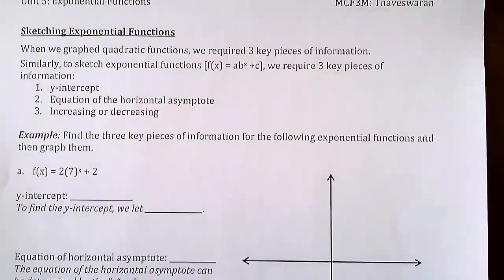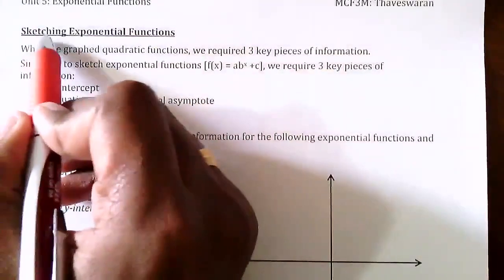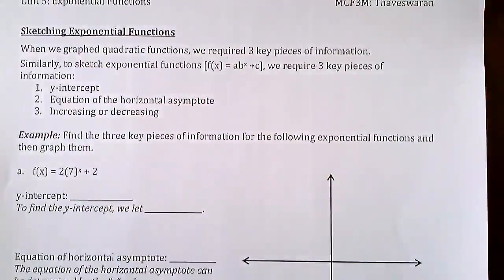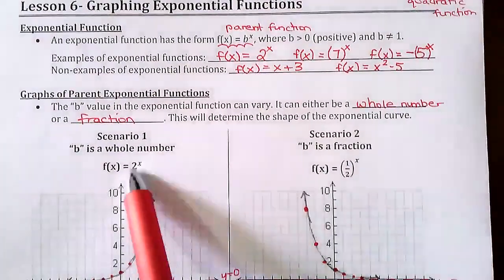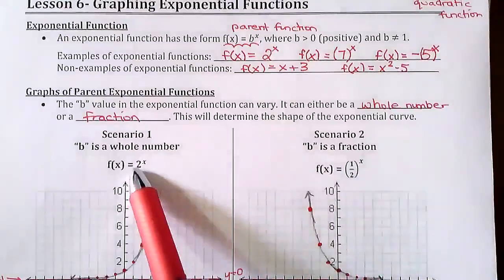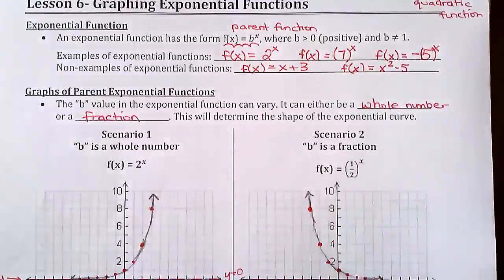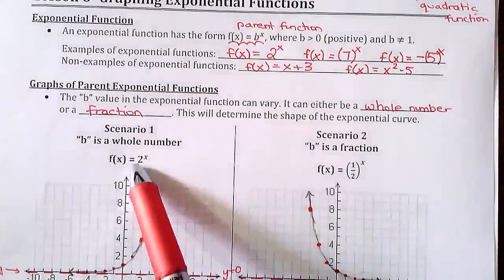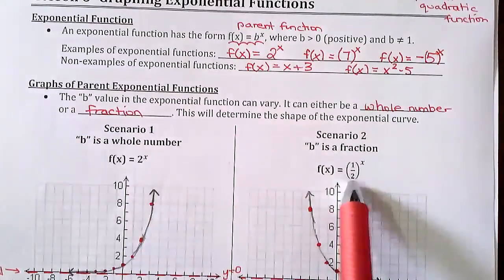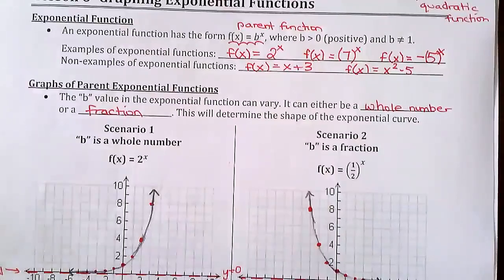With exponential functions, we actually make sketches as opposed to complete graphs. In other words, we're not going to sit there and plot different points, because as the b value changes, so let me just go back to the previous example. Here, we chose our b value to be 2.5. But if the b value was 3 1/3, we'd have to know a whole new table of values to plot them. If this was 10 and that was 1/64, again, we need a whole new table of values